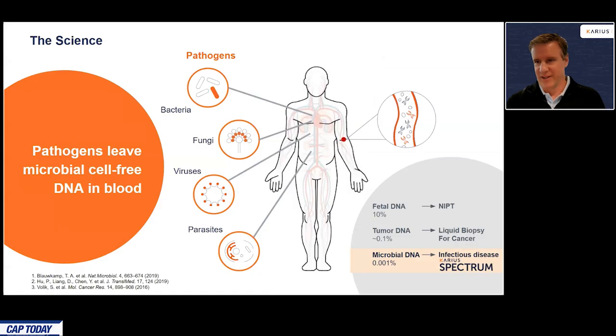The idea of using metagenomic sequencing to help with infectious disease has been around for a while and is definitely gaining attraction and attention lately. There's a few different flavors of how one might approach using DNA sequencing for infectious diseases, ranging from ribosomal amplicon sequencing to sequencing of microbes found in the infected body fluids. Today, I'm going to focus on the approach that Karius has developed, and that is to sequence microbial cell-free DNA